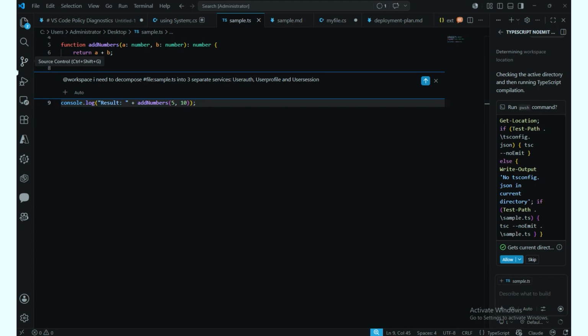I'll open a few previous commands that I've used and show you the output here. This is the prompt that I have typed at the workspace. My instruction is: I need to decompose this sample.ts file into three separate services: user auth, user profile, and user session. You need not use the hash file tag because we are already using this sample.ts file. Now that I have the prompt ready, I'll press enter and let's see the output provided